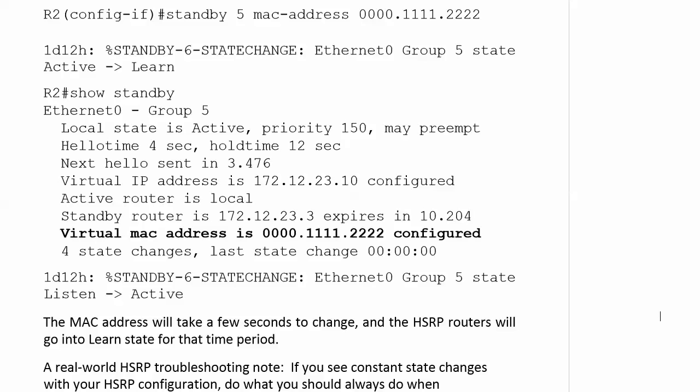Actually, that was it for the lab. I was going to split that in two, but we did it all at one time. But I wanted to show you one thing here on the board and talk about troubleshooting a little bit here